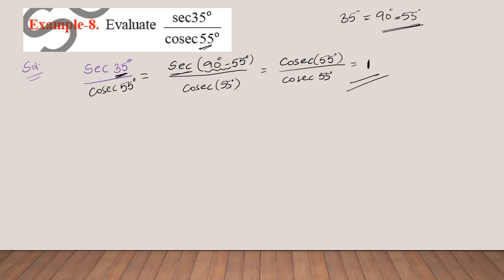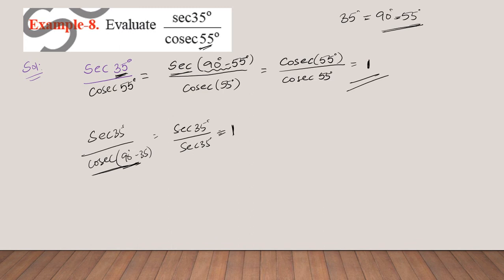So the only thing that you need to see here is whether there is any possibility of changing the given angle with respect to the angle shown in the denominator, right? So instead of changing the numerator, I can change the denominator also. I can write cosecant of 55 as cosecant of 90 minus 35 degrees. Again you know that cosecant of 90 minus theta I can write as secant theta. So this gives me secant of 35 degrees by secant of 35 degrees. So anything you can apply, and finally you are going to get the same answer, right?